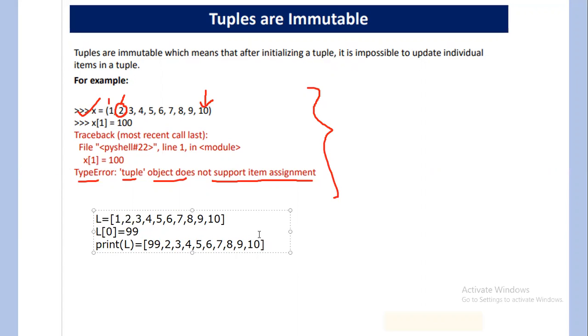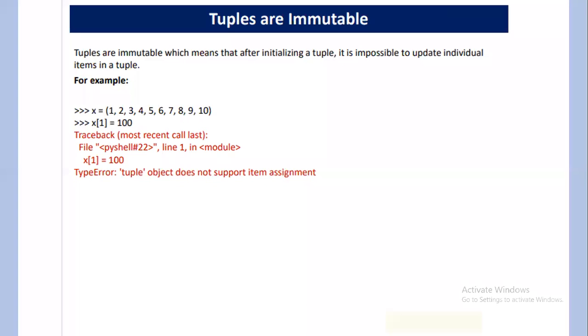So that's why we say that the list is mutable. List is mutable because we made changes here. Changes are allowed in place in a list, and that's why it's called mutable. But that is not possible in the case of a tuple, and that's why it's called an immutable data type. Now moving on to the next one,